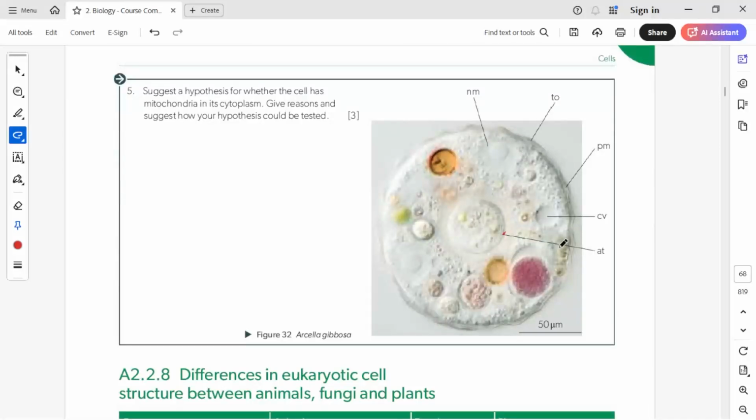All right. So this one is basically the inner coat or inner test, and this is the outer test, and it is made up of a thin and rigid structure, which is called chitin.